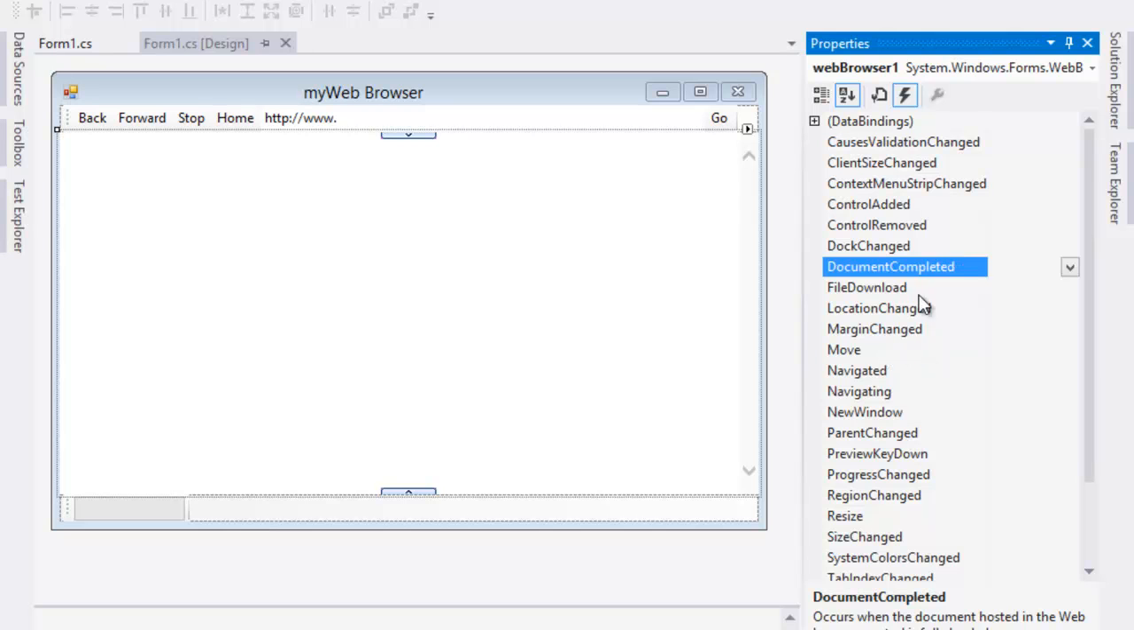So we have all kinds of options. We have control added, control removed, doc changed, document completed. So this happens once the page is fully loaded. File downloaded, so if we're actually doing file downloads, we can hook into that. Navigated and navigating. So navigated means that the navigation is completed. Navigating means that it's in process. So while the browser is navigating,